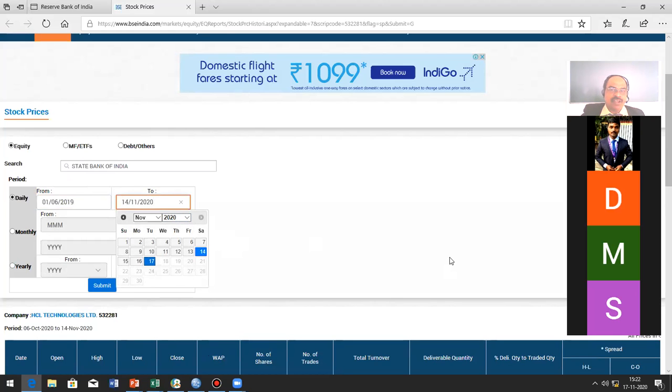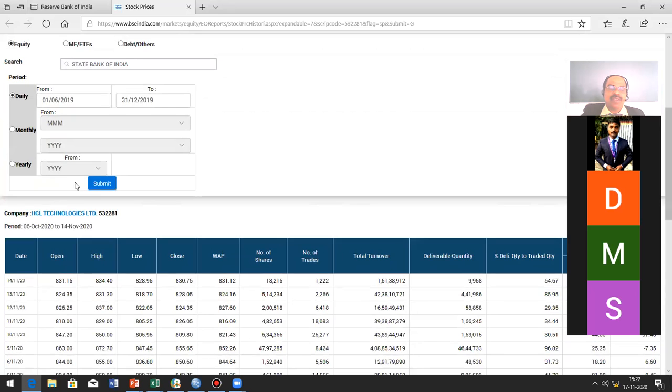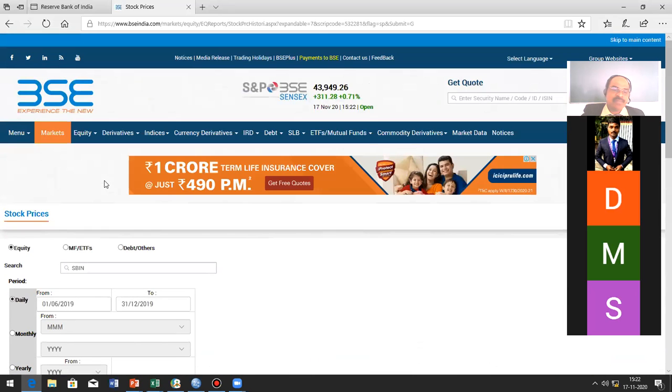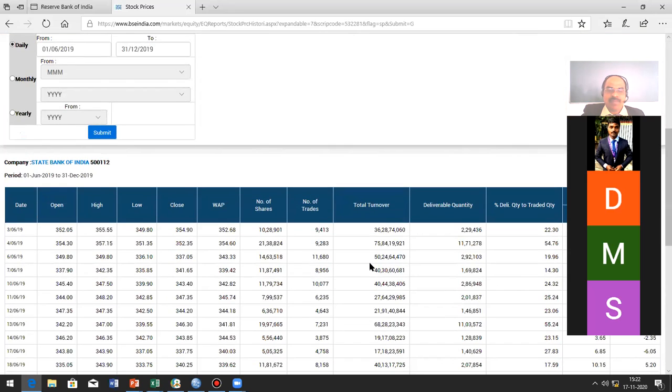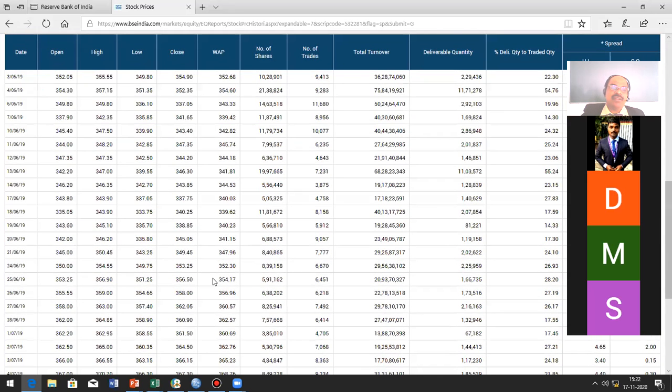You can either stop with February 2020. Need not move above that one. So what I'm doing, I'm stopping with 2019 December 31st. So if I click the submit, you can see the data.